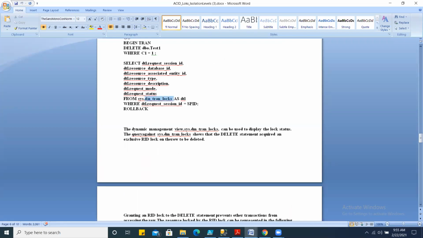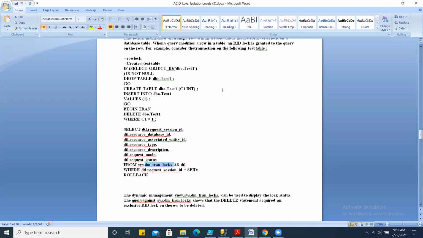This is the DMV that we use to find information about what kind of locks have been occupied or implemented against a resource by the transaction. So we will see that.